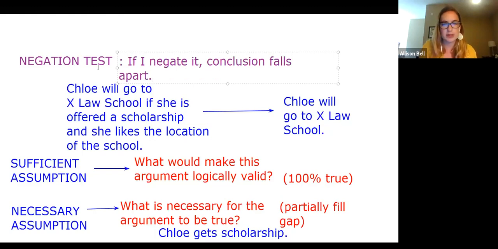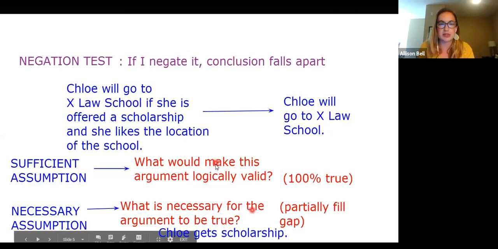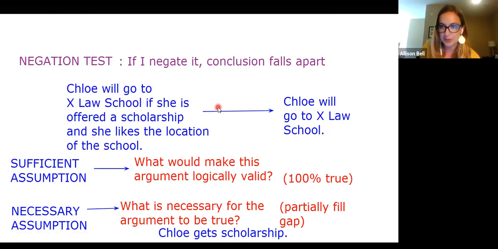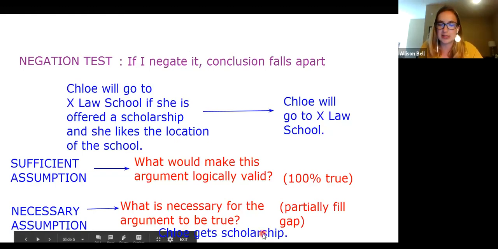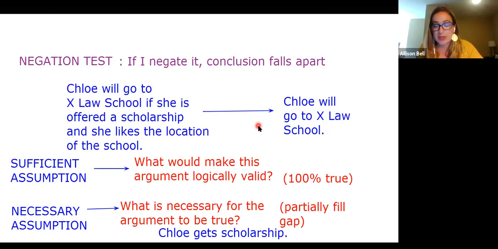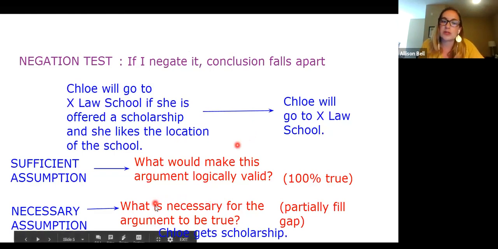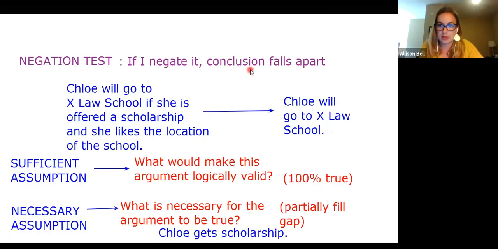This is not an intuitive concept. When we are asked to answer a question about an argument like this, our instinct is to try to make that argument as good as possible. So when we see an answer like Chloe gets a scholarship, we're like, yeah, I mean, but you could do more to support that argument. And that's certainly true, but it's not the task that you're being asked to do when you're asked for a necessary assumption. Instead, the task is to find one thing that has to be true in order for your argument to possibly work.